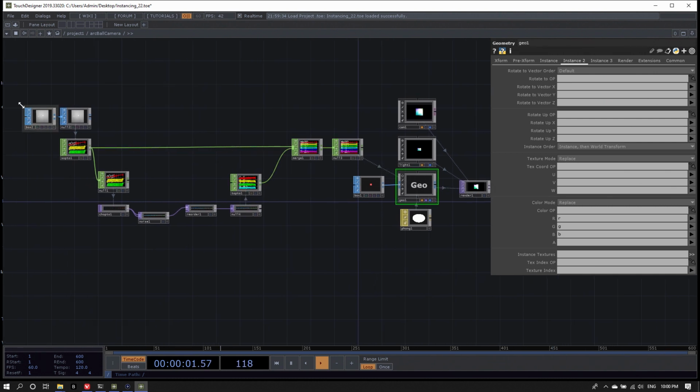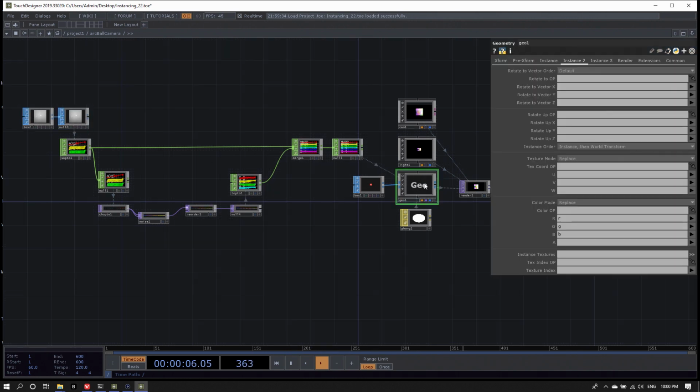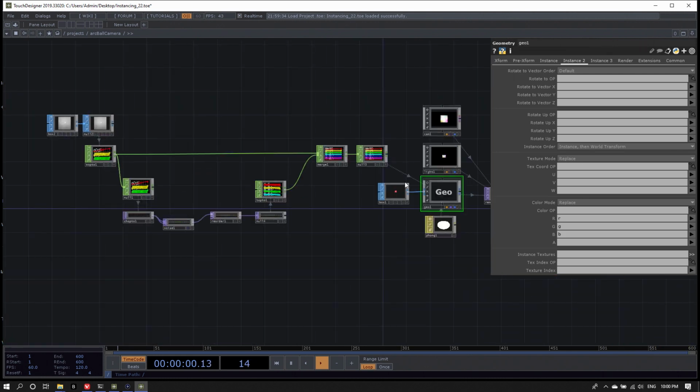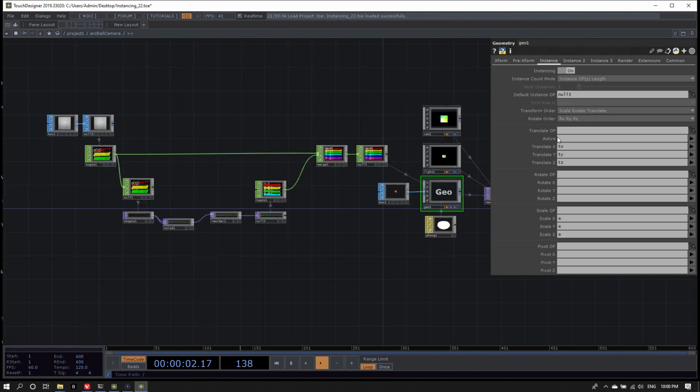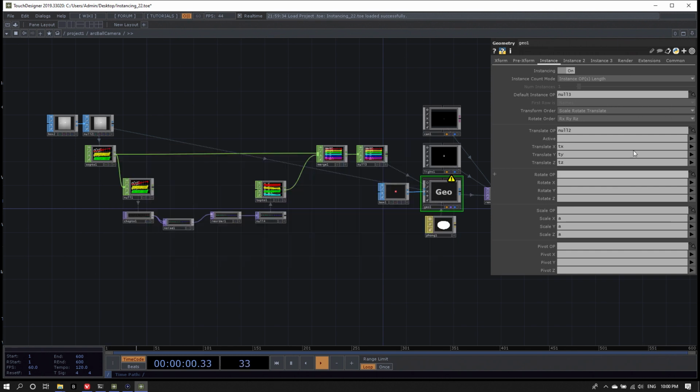So we can simplify this network by quite a bit. I could use my template SOP, which is the grid here, as my translate operator. Again, it complains a bit because it cannot find the TX, TY, TZ channels. I'll fix this: P0, P1, P2.